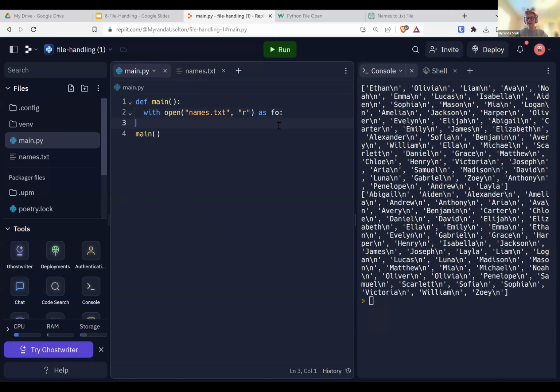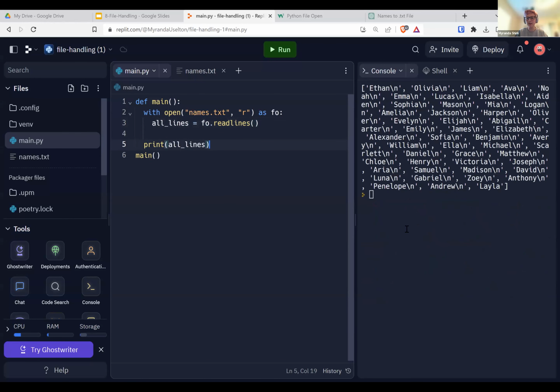This takes the place of how we did it earlier because it will close the file automatically for us. Now we can do all lines equals fo dot read lines. And then out here, we can say print all lines, and this will automatically close when it's done with whatever is inside this block. If I run this, it does that for us immediately.